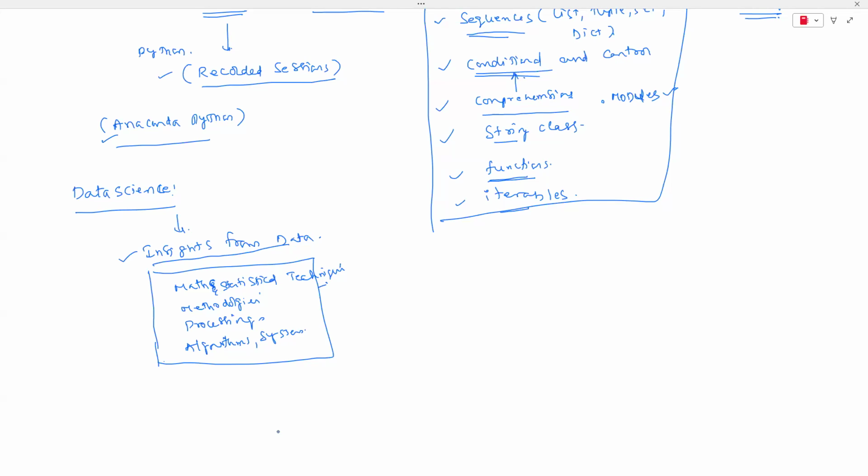And we are going to take the help of various machine learning or data science related algorithms. And apart from that, we are going to take some help of systems like data visualization tools and big data systems. Finally, the main idea here is to get the insights from the data. So what is the meaning of insight? Some knowledge about the data. So understanding the data: how the data is related, how the data is varying, if you can understand that.